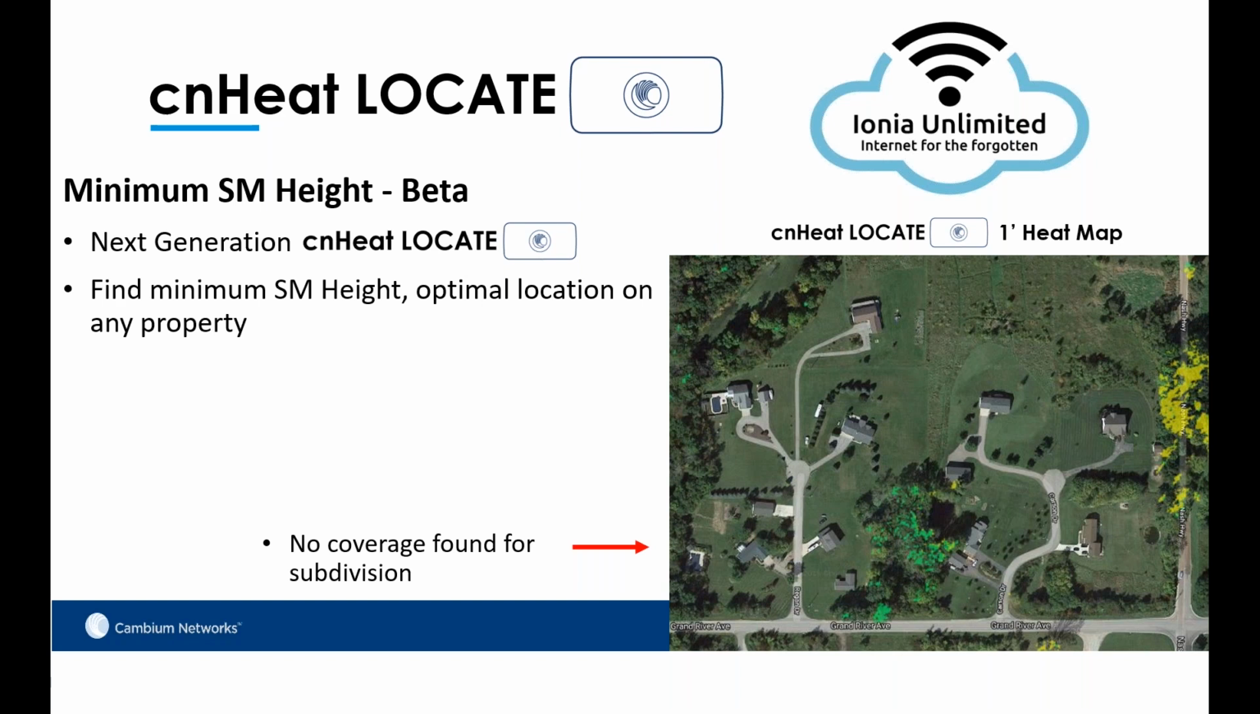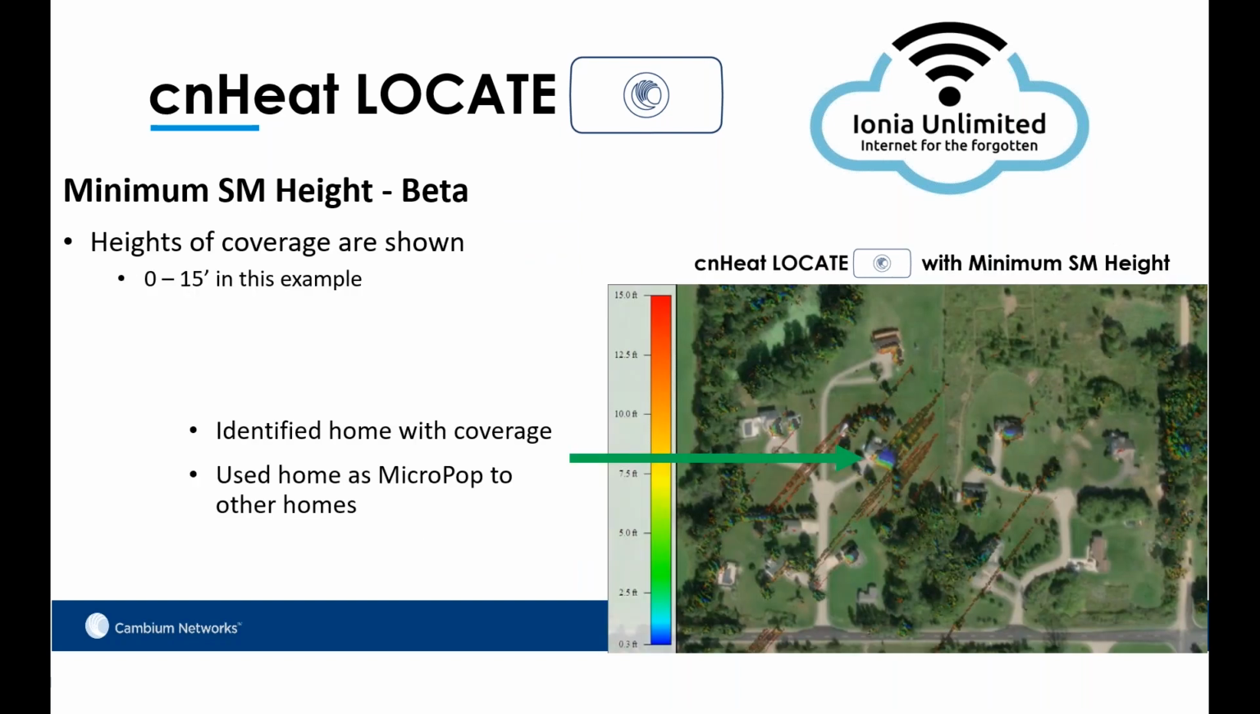In this image here, you're seeing a subdivision that in the original cnHeat, even at 15 feet, we were not able to reach any of these houses, and several of them had already contacted us looking for our service. So being able to use the minimum height tool, if you click to the next slide there, we were able to determine that we could reach one of the rooftops of a second-story house there